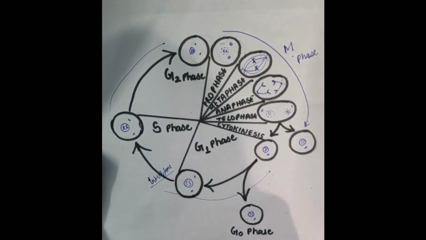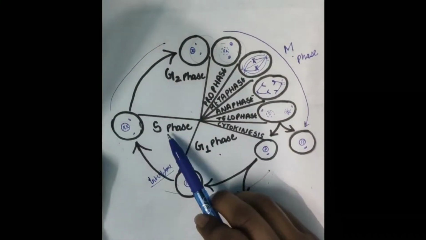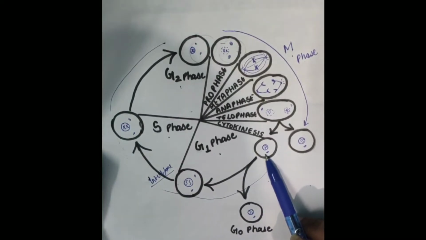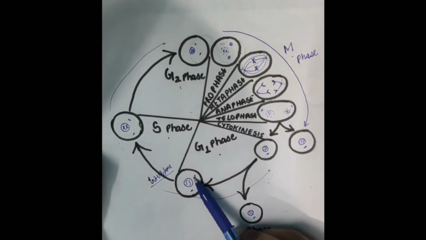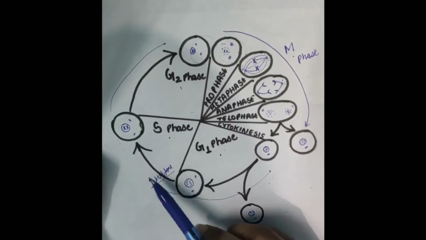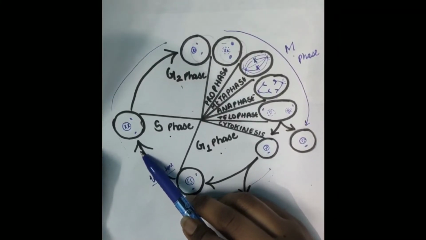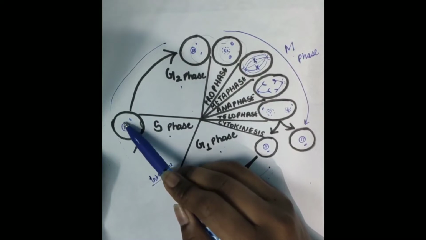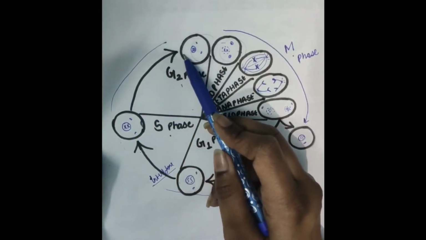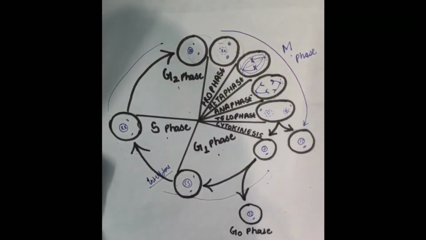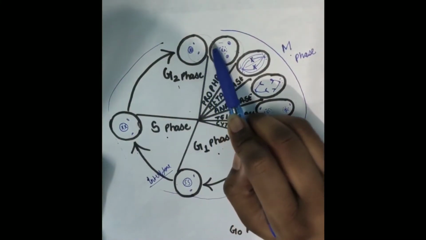Okay, now the interphase including its G1, S and G2 phase. In G1 phase, the cell organelles are going to double and the cell enlarges in size. Okay, where in the S phase, synthesis of DNA takes place, by which the chromosomes are going to be X in shape. And then in G2 phase, the RNA and the protein synthesis take place for the cell division. And then it enters into the M phase.